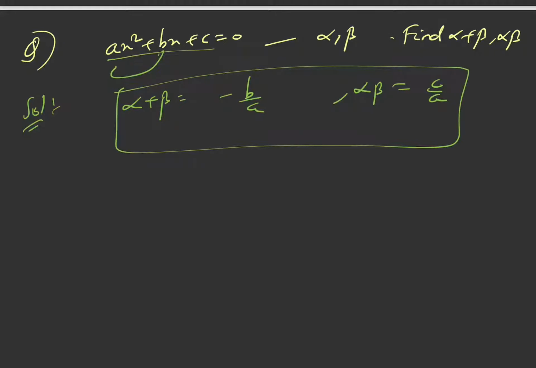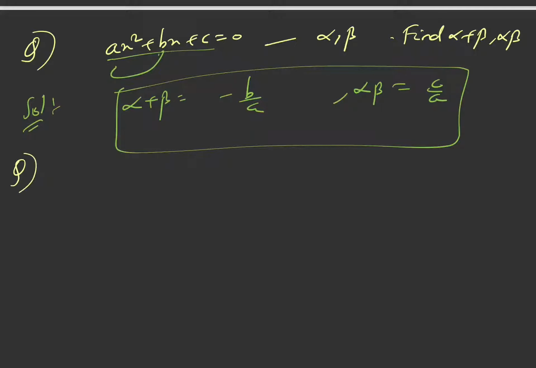So for a quadratic equation ax square plus bx plus c is equal to 0, these are two very important formulas. Sum of roots is minus b by a and product of roots is c by a. You need to remember this every time, right? This is just from what you have studied before. If you take a2, a1 and a0, then you will get the same thing: minus a1 by a2, and a0 by a2. So that is what I have written.